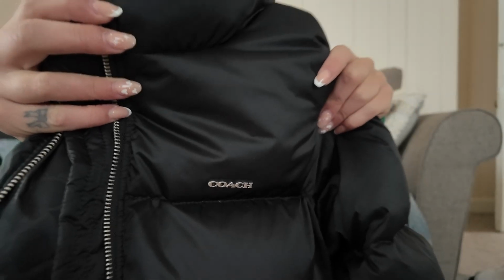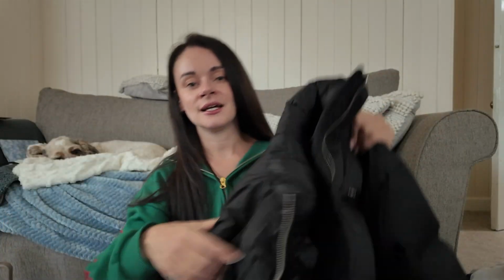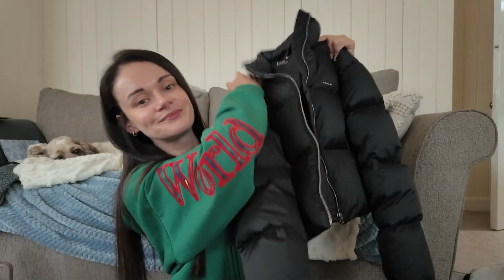And then there are two bigger purchases. I picked up this puffer jacket, which came very handy coming back to the UK because it was absolutely freezing. It's very plain. It's cropped, which I love. Don't you love a little cropped puffer jacket? And the only little sign that it has on it is that little Coach symbol. But other than that, it's just plain black, cropped. Try and get a full view of it. But yeah. And then,